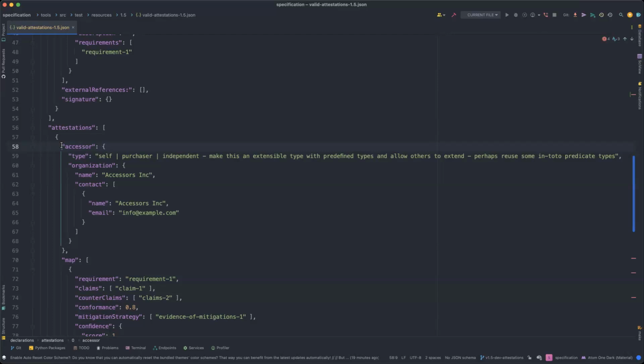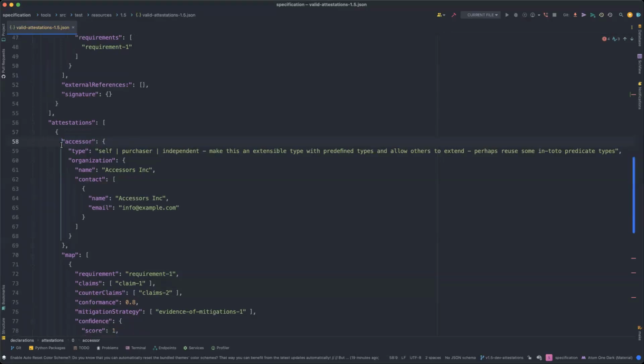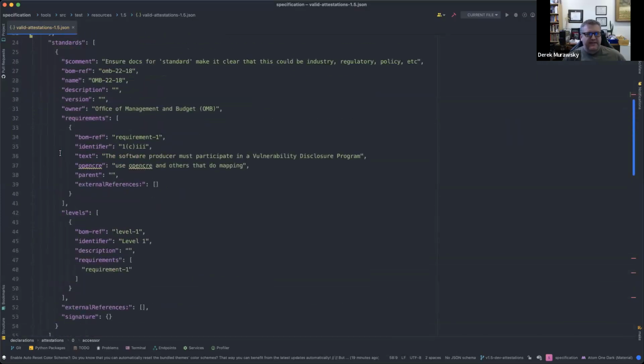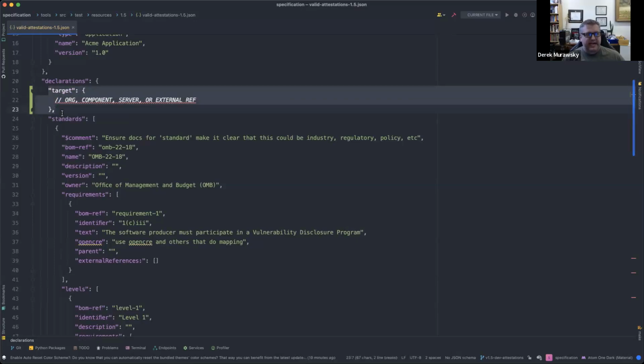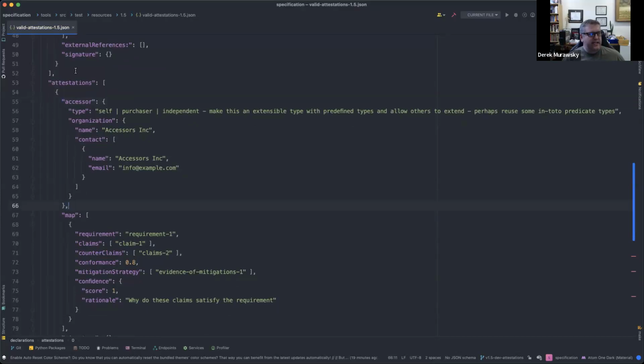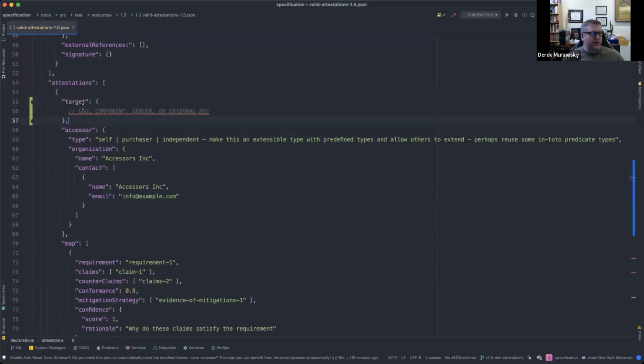I think a subject should be left a little vague, if you will, and not hard coded as a new object. I definitely want to be able to point to subjects that are components, subjects that are external references, things that can be BOM wrapped. Yeah, and that's fine. We can just have a thing here that says subject, and it can be a generic thing, but having someplace to put it is what we need to have somewhere in here. However it shapes itself in terms of what data it is, I do think we need it somewhere in here.